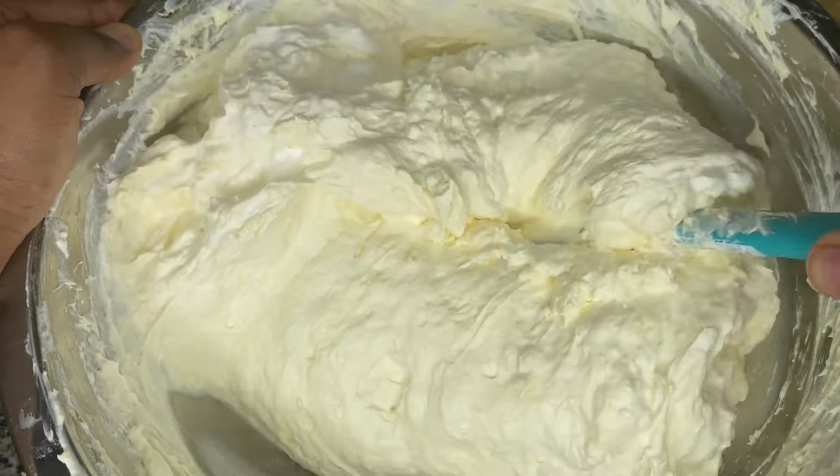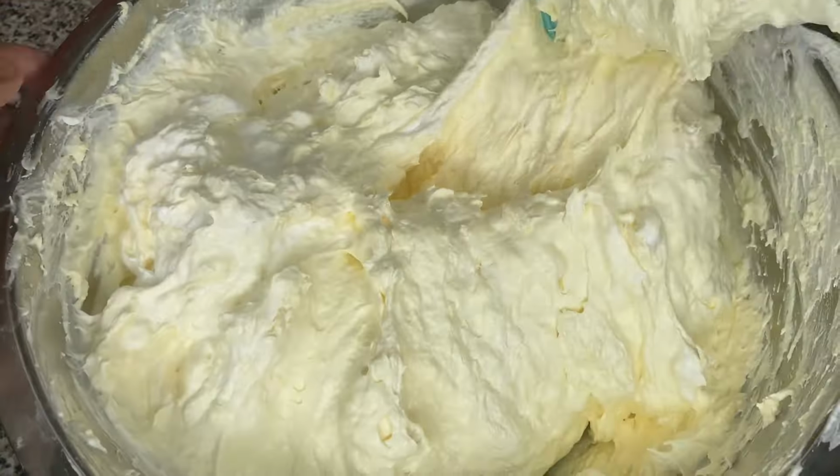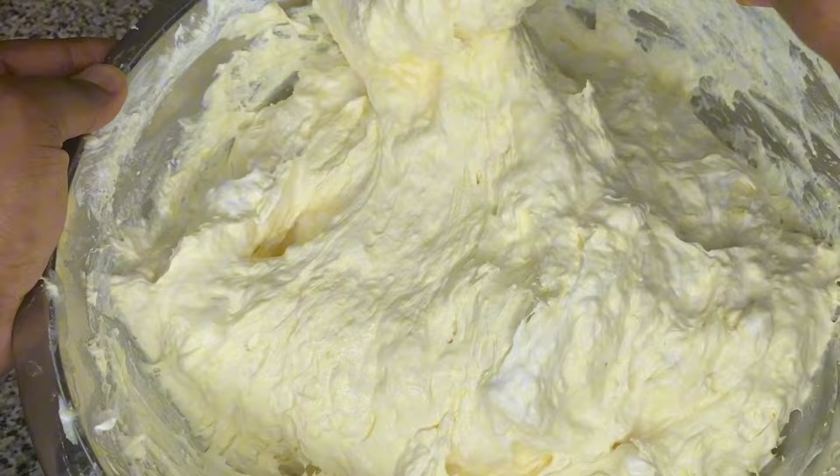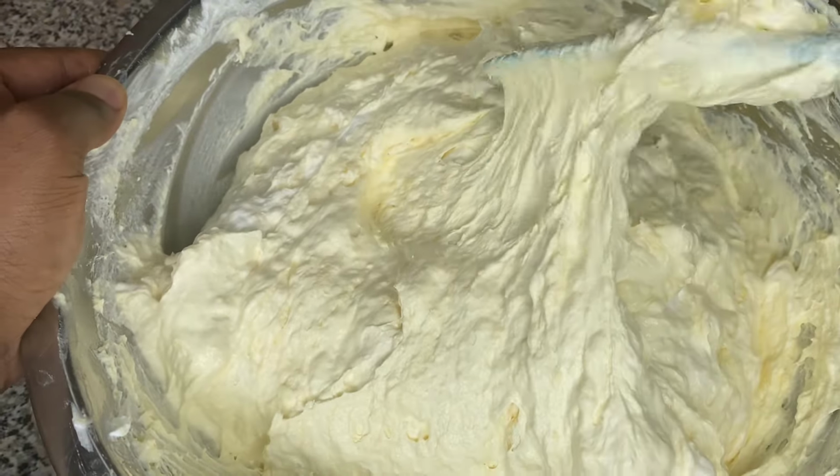And it looks fluffy. Yes, baby, that's what we're looking for. Once you see it look like that, baby, you're good to go. Ooh, yes. We're gonna go ahead and set that to the side, and we're gonna start working on our